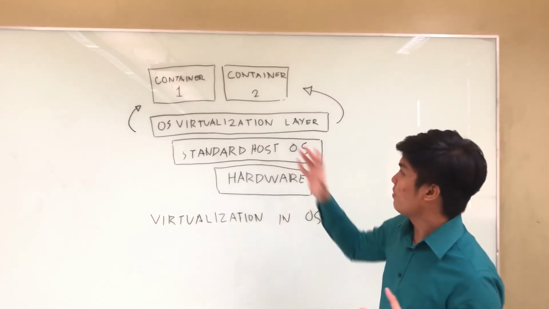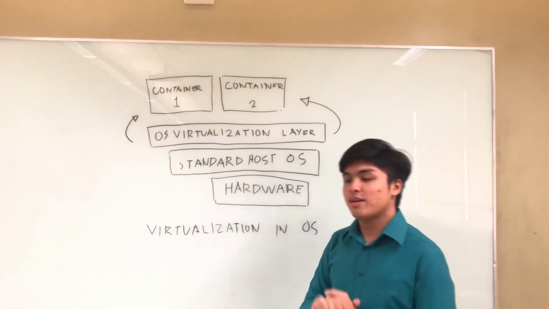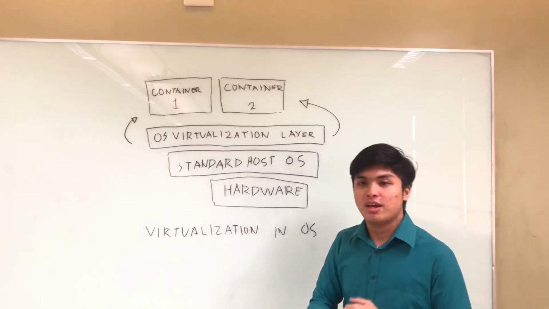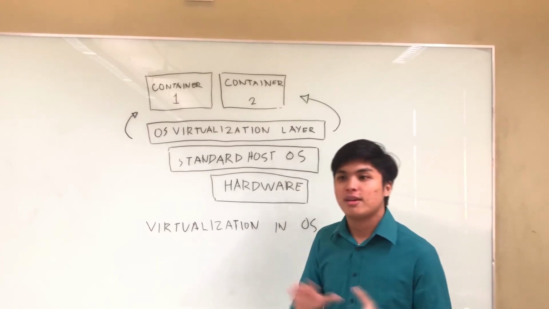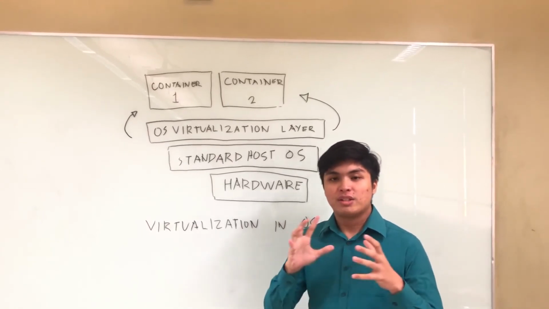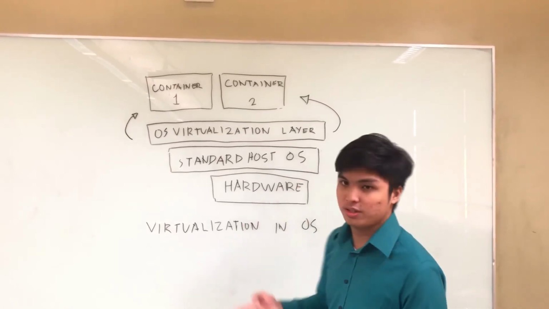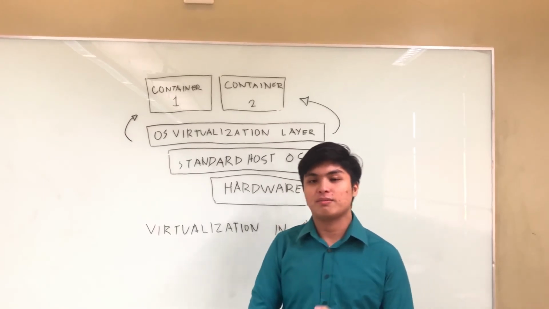Next, the idea between these two containers, container 1 and container 2, is that they both have the capability of accessing, utilizing, and using the different processes just like a normal computer can. It is like running a different computer on a single operating system, but the main difference is that it is just a virtual one.